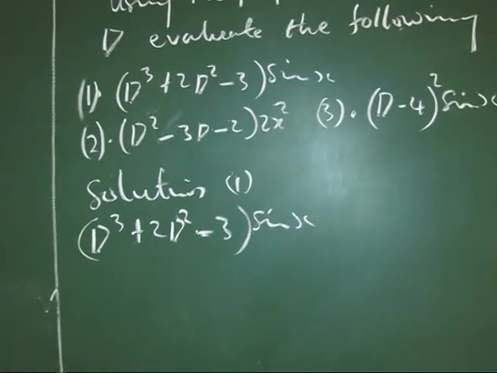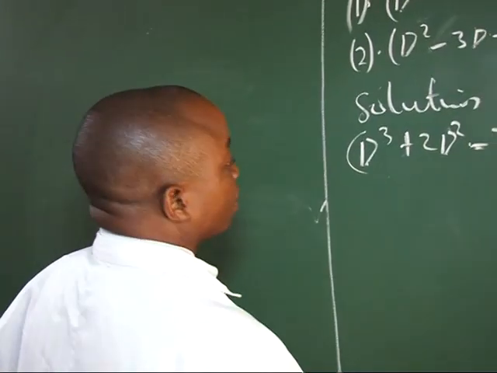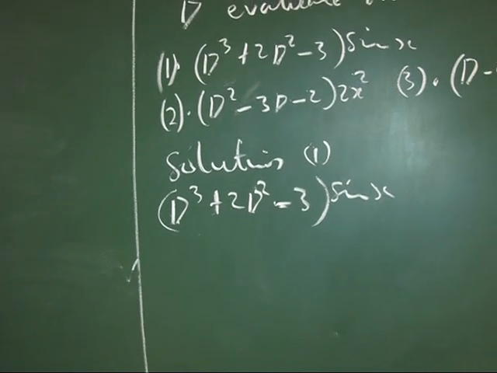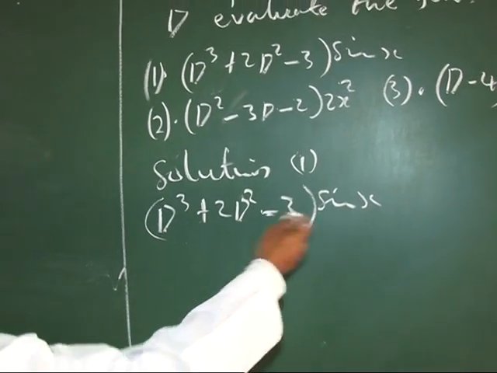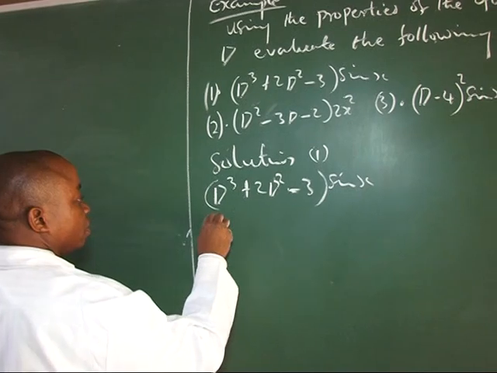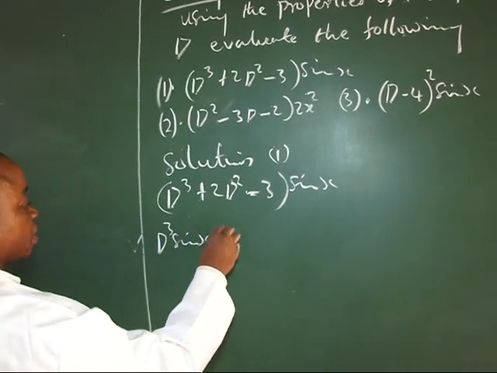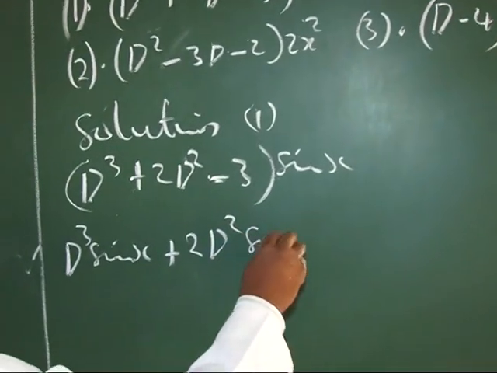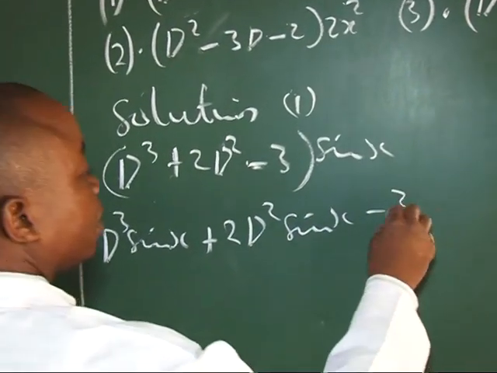Now, since we know that operator D is a linear operator, we can distribute this to have D cubed sine x plus 2D squared sine x minus 3